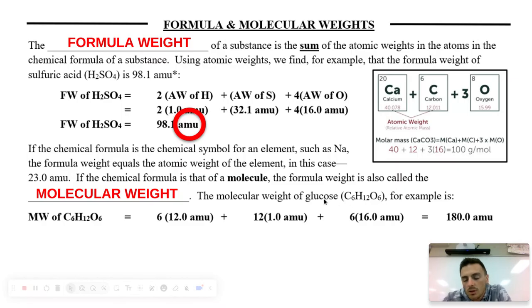So glucose is the main sugar that drives all life on Earth. We should hopefully remember from biology that that's C6H12O6. So if you wanted to figure out how much one molecule of glucose weighs, you'd add up 6 carbons and 12 hydrogens and 6 oxygens. Looking at our periodic table, we know that carbon weighs about 12 AMUs, hydrogen weighs about 1, and each oxygen weighs about 16. So one molecule of glucose, one little molecule floating around in our blood, has a molecular weight